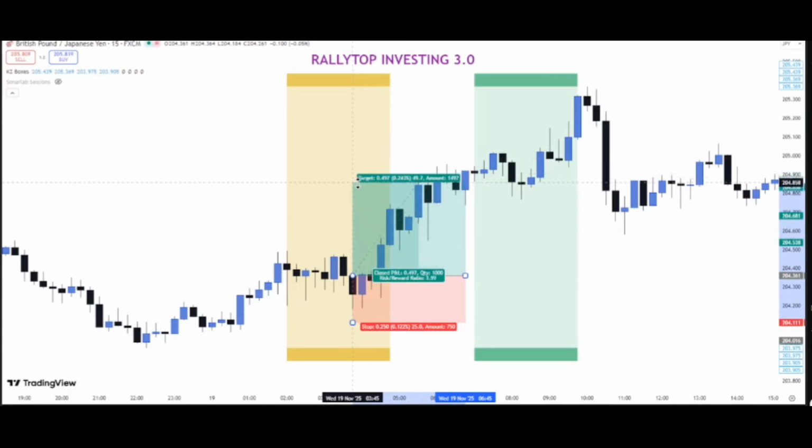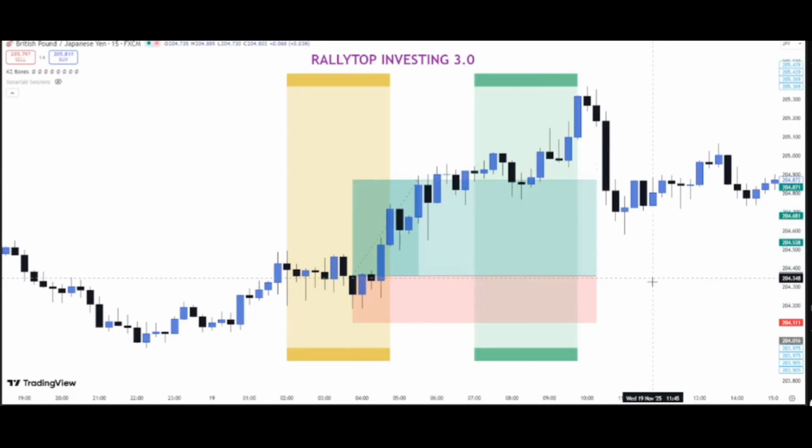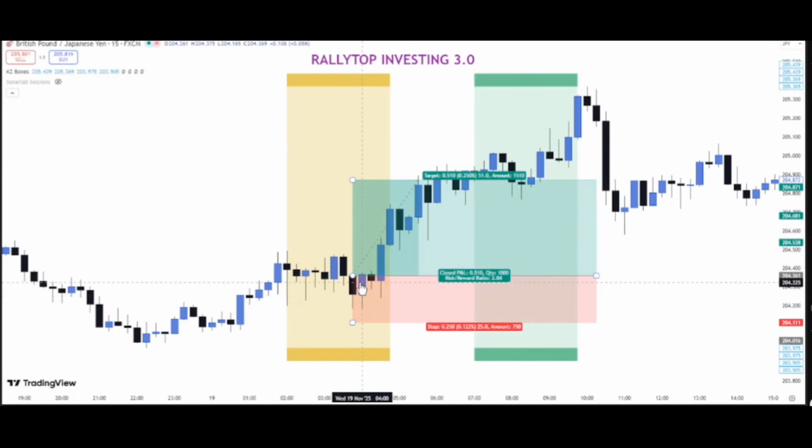So let's look at 1 to 2 here. That's roughly 1 to 2, guys. And as you can see, boom. Now, if you are not convinced enough to use this candle, now